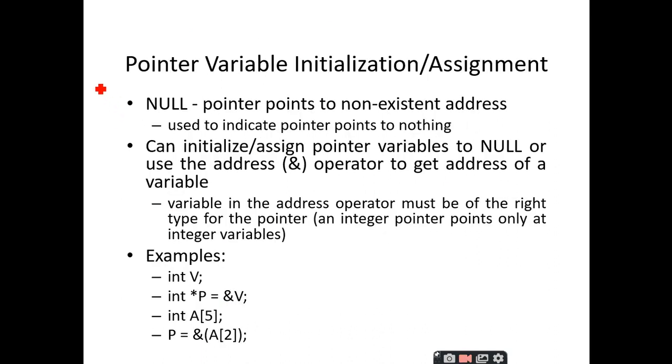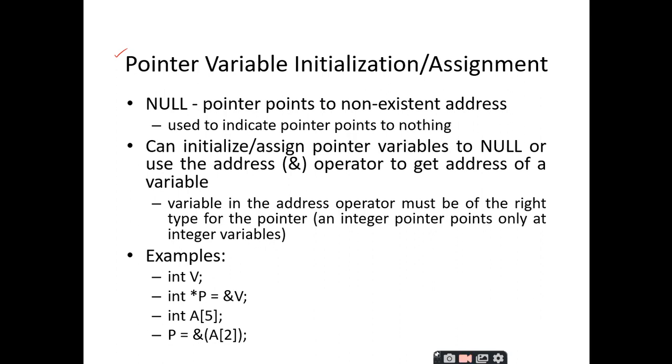And pointer initialization, this is very important. As I told, when you declare a pointer, it is mandatory that you initialize the pointer with some valid address. In some cases you may not have a valid address, so in that scenario you have to initialize such pointer variables with a special address called the null value or null address.